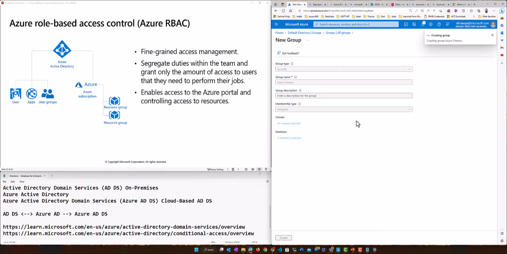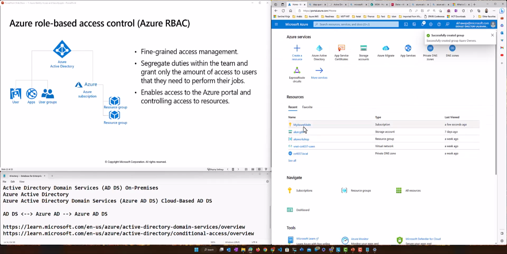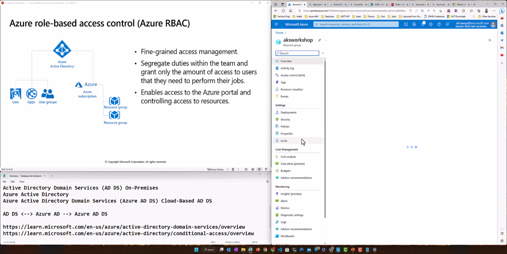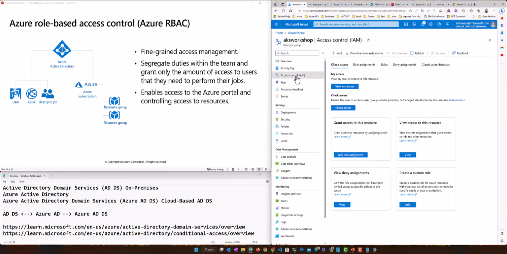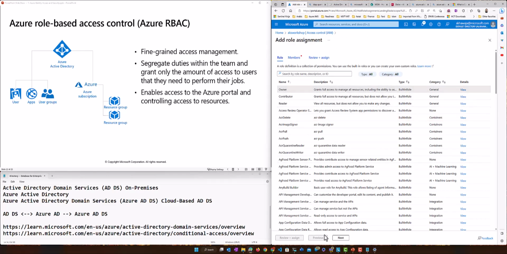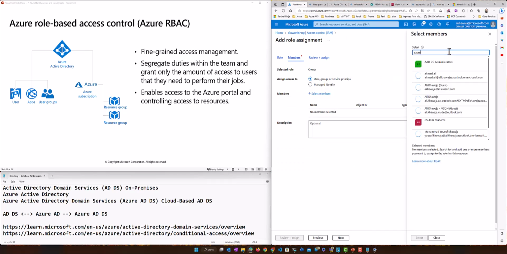Okay. I create a group. I added 2 people. Now what I will do in Azure. In Azure, if I go into resource group, let's say I have this one. How do we manage permission with groups? This is what we do, right? We do a role assignment, and I want to give, for example, owner. Instead of adding each person, I can say Azure owners.